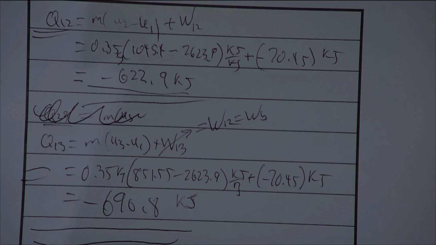But yes, there are certainly ways you can get your answers that are a little bit different than the way I've done here. For instance, sometimes the students who are trying to find the work calculate the heat transfer based on the enthalpy for a constant pressure process, and then they calculate the heat transfer using the internal energy plus the work, and they equate them, and then they get the work that way. So they never actually have to calculate the boundary work. They just solve for heat 2 different ways, and the boundary work is one of the unknowns. So yeah, there's different ways to solve some of these problems.